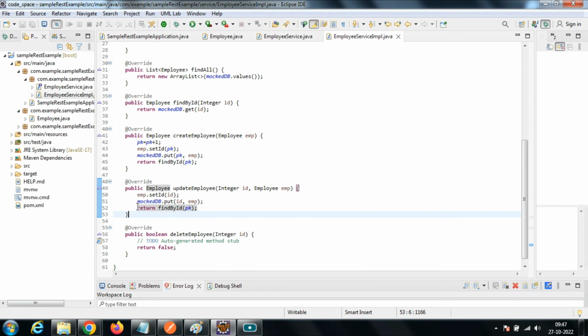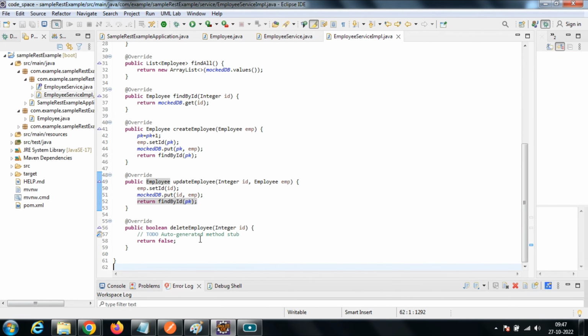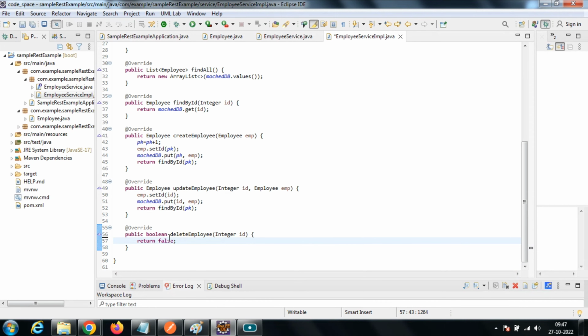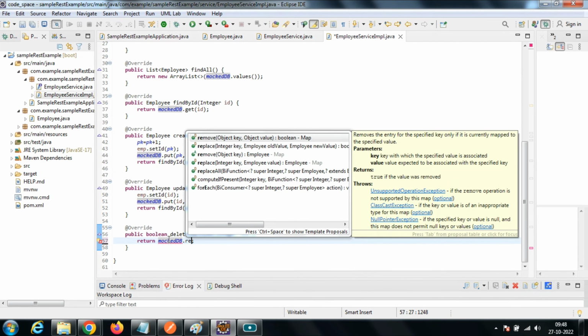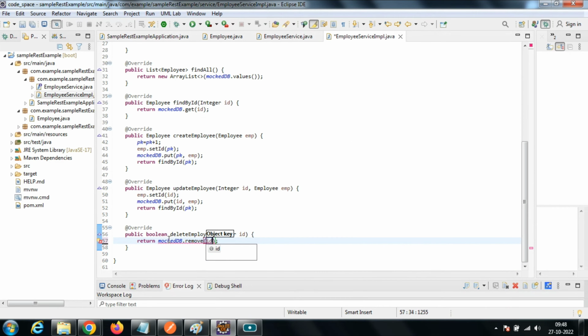Okay, once this is ready, now let us go and implement our delete method. So the delete method is very easy. Take your mockdb and say remove by id. It returns an employee object. If there is a matching object, if it is not null, then we say it is removed. If it is not, we say it is false. So we have implemented all the business methods in our